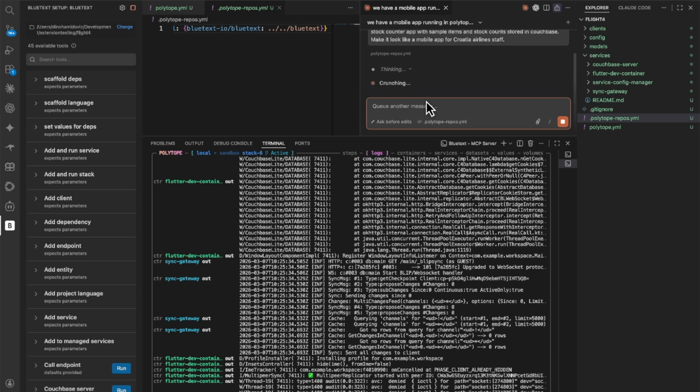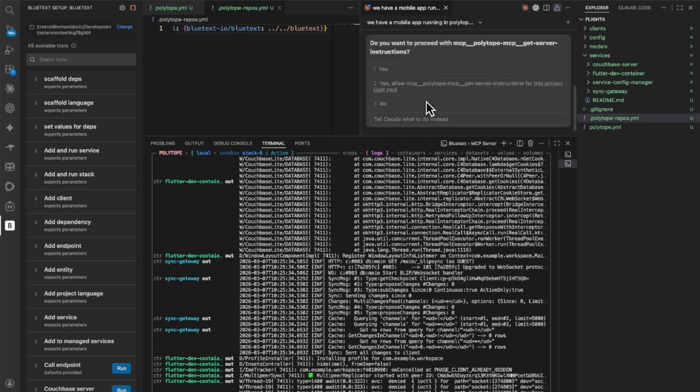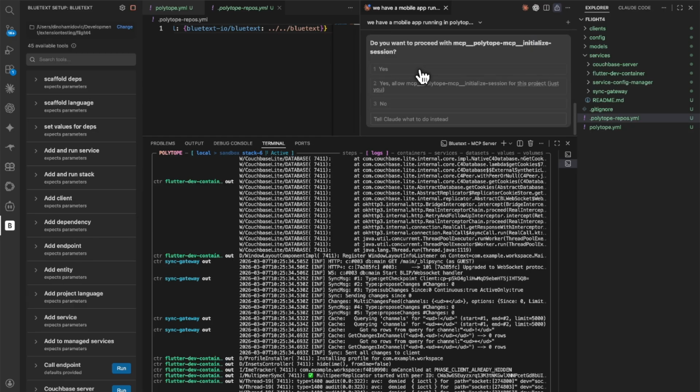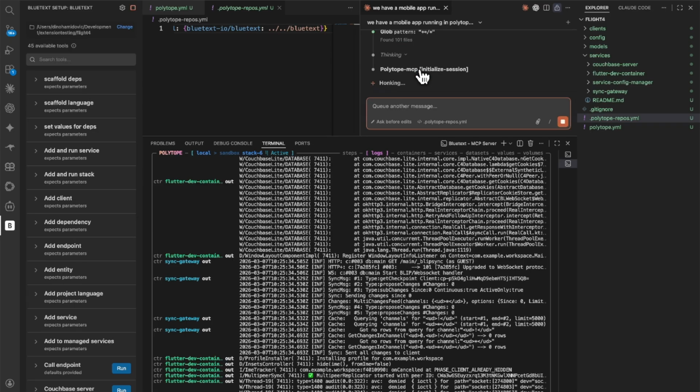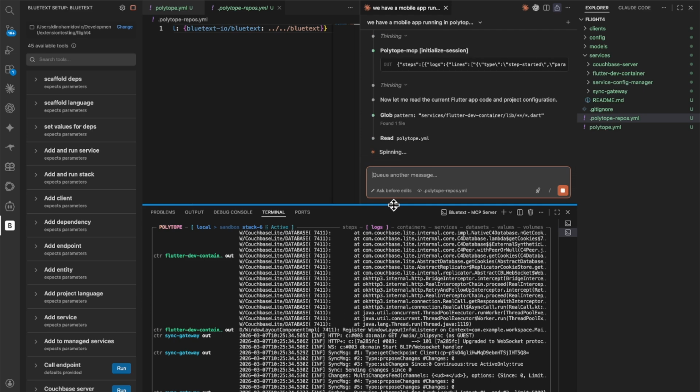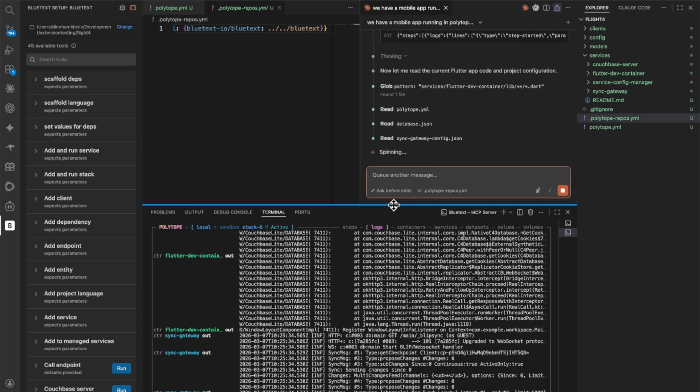So we do have hot reload enabled in our mobile app, or in the Flutter dev container rather. However, some changes made to the Couchbase logic do require a restart. So in that case, we would just restart the stack, which I can show you how to do once the agent is finished. So now it's calling a bunch of tools like initialize sessions so that it can, I guess,